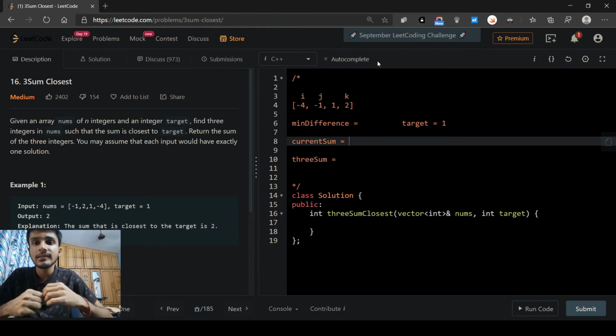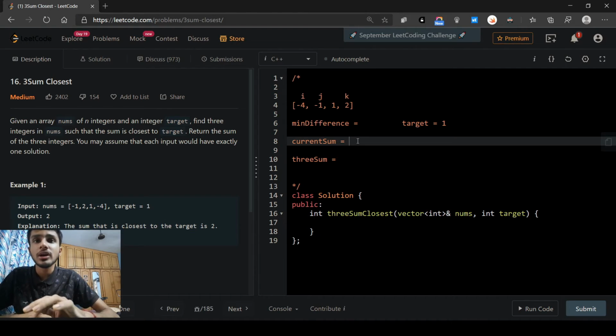So here we can see that when we take the first element, we are basically reducing the problem into the two-sum problem where we have a modified target value and two more values that we need to pick from the array so as to reach that modified target. So that's how this algorithm basically works. We run a for loop from i equal to 0 to n minus 2, and inside that for loop we declare two variables, our two pointers j and k, with j pointing to i plus 1 initially and k pointing to n minus 1 initially.